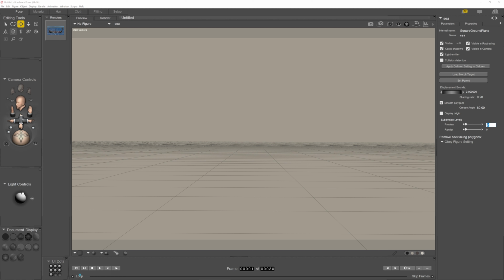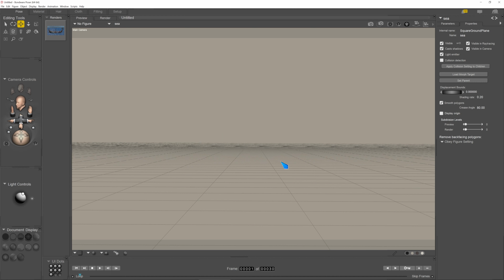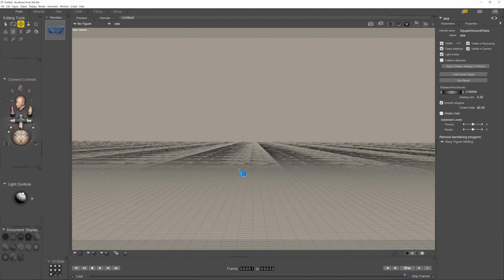So we're just going to go to 4, which I guess means 16 times as many. Ignore that, the scene's quite simple, and you should immediately see the number of polygons increase. I don't know why it's taken quite so long. There we go. So we've got lots of polygons to work with now, and that's really important. If you're using Firefly, you don't need to do that stage, and your scene will be a lot more nimble